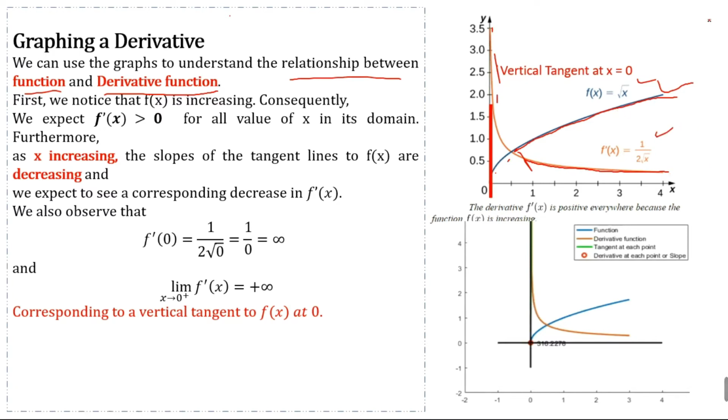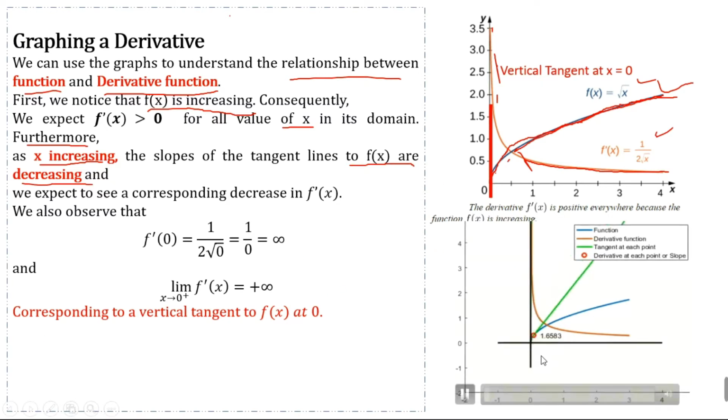First we notice that the function f of x is increasing for all values of x in its domain. Furthermore, as x is increasing, the slopes of the tangent lines to f of x are decreasing. We can see here the slope of the tangent line is decreasing as x is increasing,